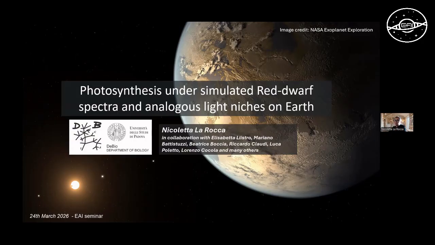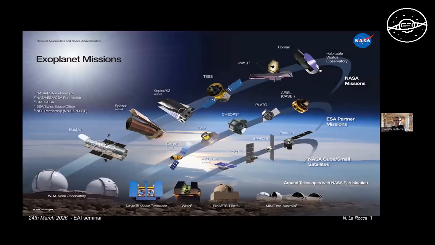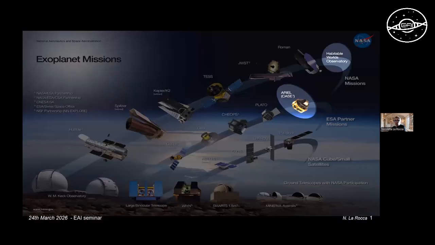Before starting, as you maybe know, many missions in the last decade discovered potentially habitable exoplanets, and now two planned missions, in particular HWO, the Habitable Worlds Observatory, and Ariel, will try to characterize them in terms of biosignatures. Biosignatures are a sign of the presence of life on a planet that can be recorded and recovered from remote. And they can be both